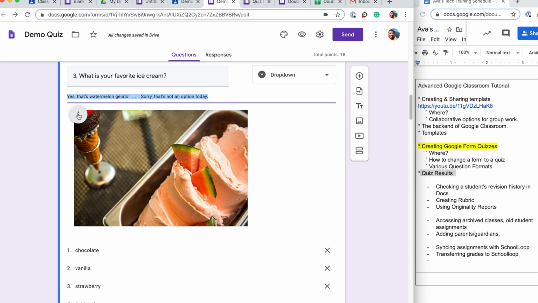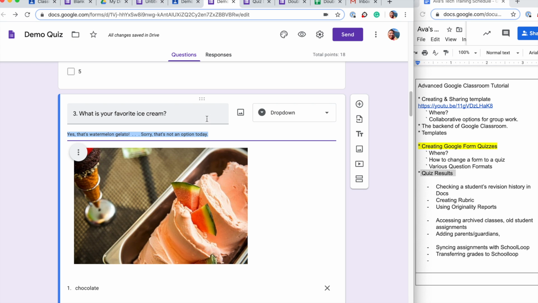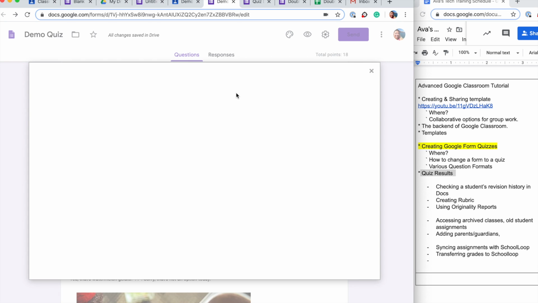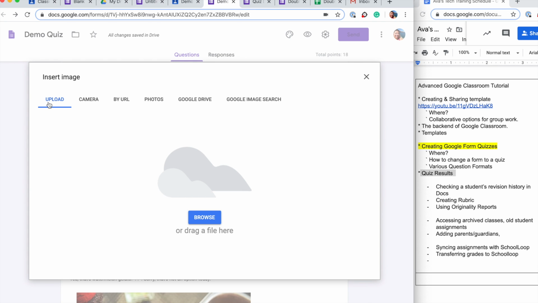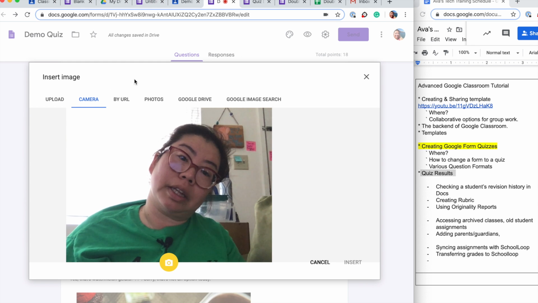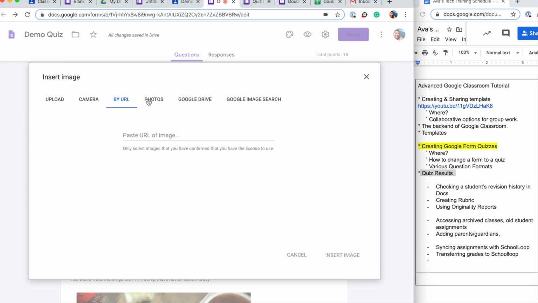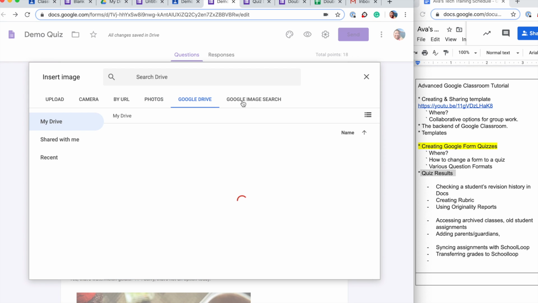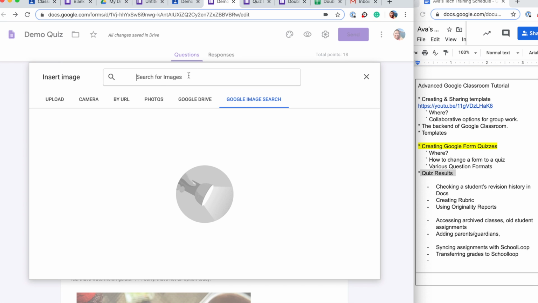Now, let's go ahead and see what it looks like if I want to add in another picture up here in my checkbox. I'm going to hit add in picture. Then you have options: upload, camera, what is the active camera right now. This is a picture of me if I want to add that in. Your URL, your photos, and these are accessing your Google Drive photos. There's a separate folder for that. Your Google Drive itself, or if you can't find it,